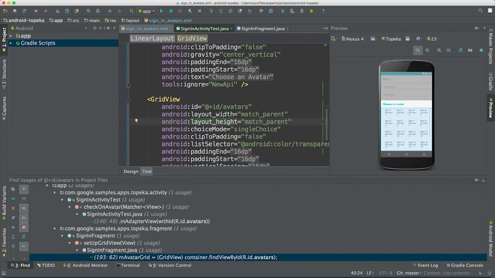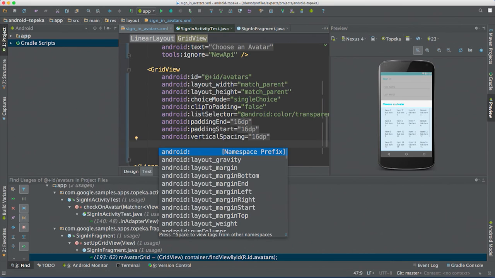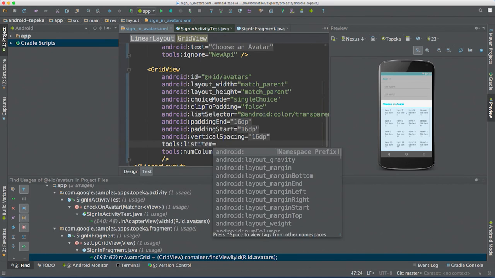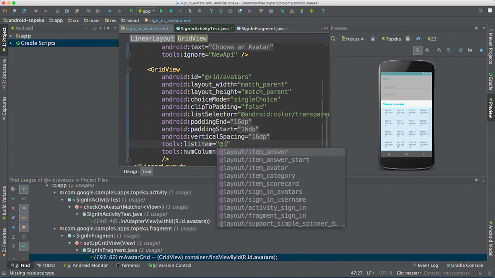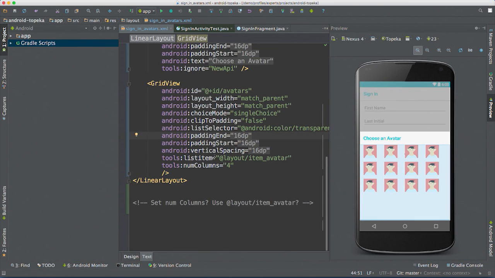because of this whole find usages thing I did, I was discovering what layout will actually be used. That was all done through code. The adapter decides what to use. But again, we can use tools attributes, invoke code completion here, tools attributes to say what list item layout to use at design time. So here we can say that we want to use, what was it, item avatar. And now you can see we actually are starting to see a layout that looks pretty close to